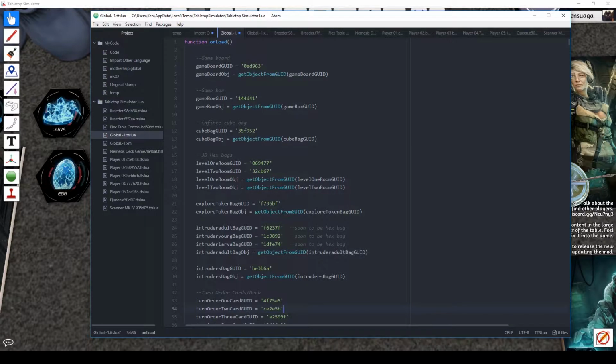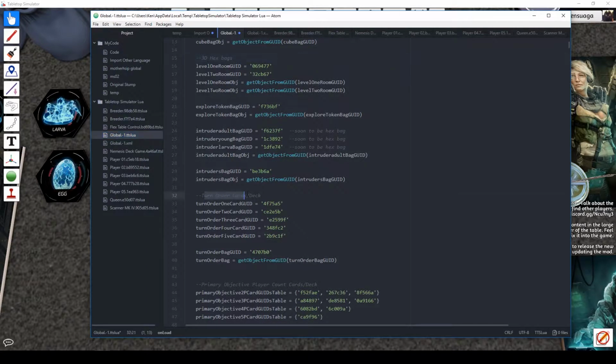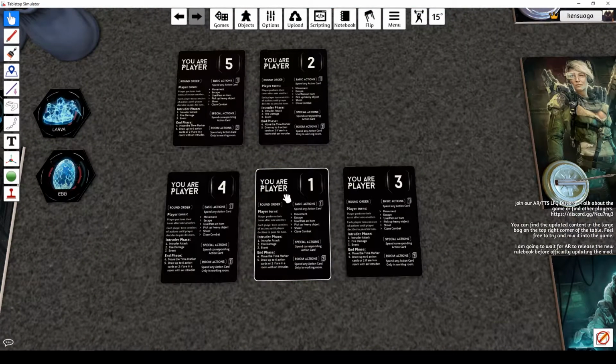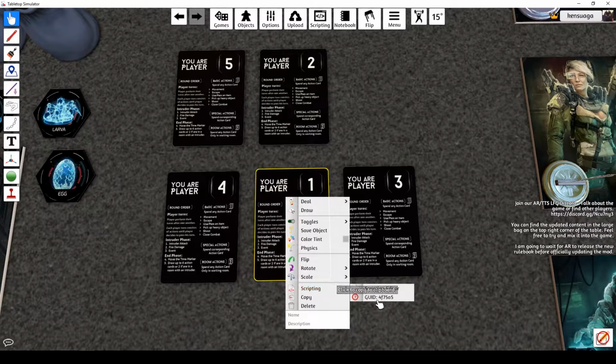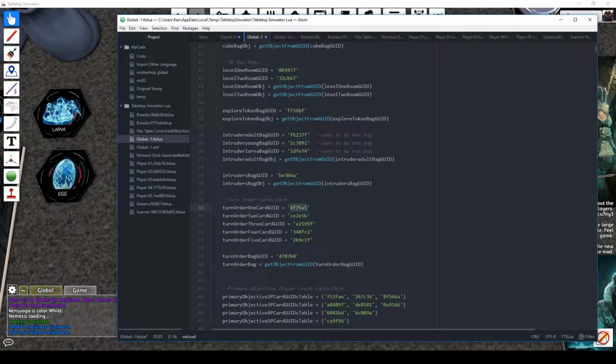So once you're in the scripting, go to global. This is where most of the code is at. Click on global, and then just scroll down, and right up at the top you're going to see turn order cards, and there's going to be turn order card GUID 1, and there's 2, 3, 4, 5. So what you'll need to do, once you get your 5 cards in here, right click your card, go to scripting, click on the GUID of that card, come into Atom,